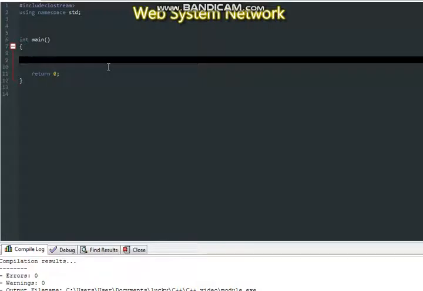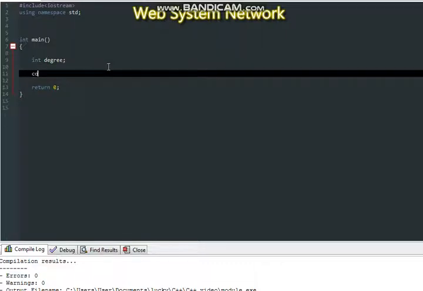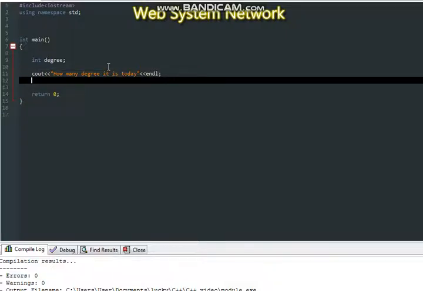So let's say we declare a variable integer, degree. This will hold how many degrees it is today, and then let's terminate that and say cout, how many degrees it is today. And then we store that in the degree variable. Degree,